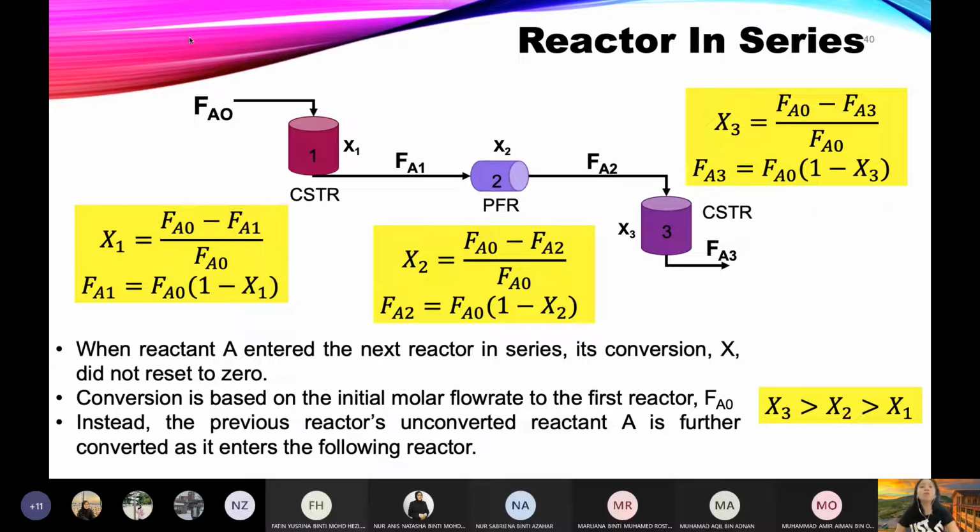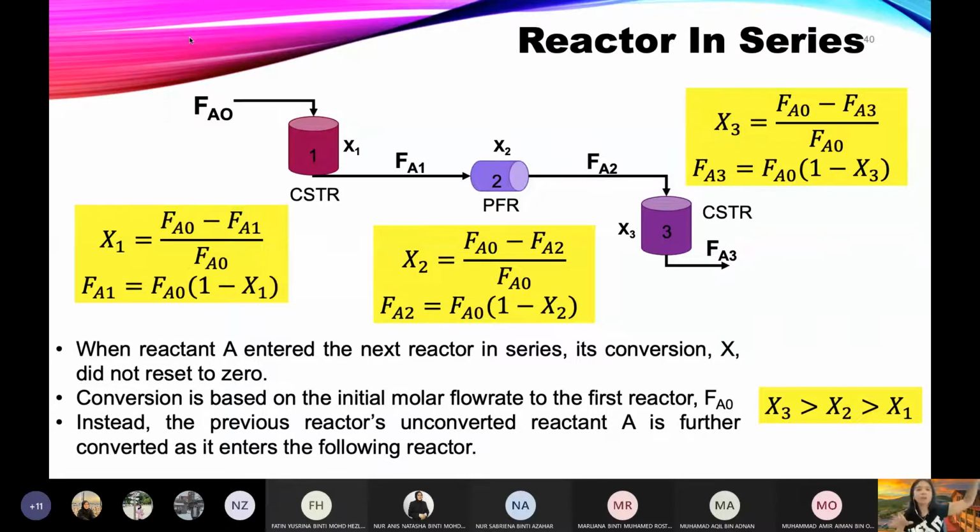Okay, so conversion untuk reaktor kedua macam mana nak kira? Conversion reaktor pertama tadi yang 50%, that 50% is X1. Reaktor pertama punya conversion X1, ataupun we call it intermediate conversion. Dan conversion pada reaktor terakhir kita panggil the final conversion or overall conversion. So overall conversion ni kita nak kira berapa banyak penukaran dia, it will be the original 100 mol per saat tolak 25, divided again by 100.